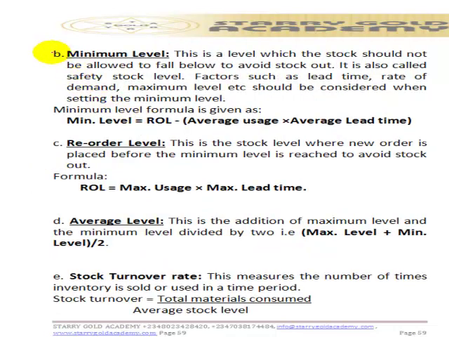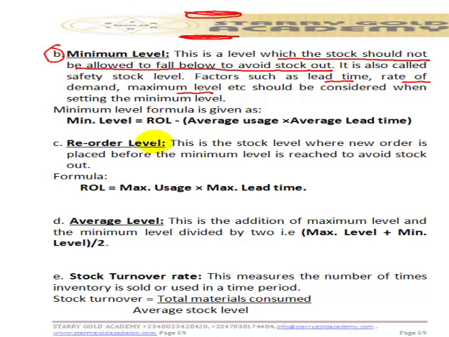We have another one which is known as the minimum level. This is the level which the stock should not be allowed to fall below to avoid stock out. It is also called safety stock levels. Factors such as lead time, rate of demand, maximum level, etc. should be considered when setting the minimum level. So that means minimum is the least that can be held, maximum is the highest that can be held, and